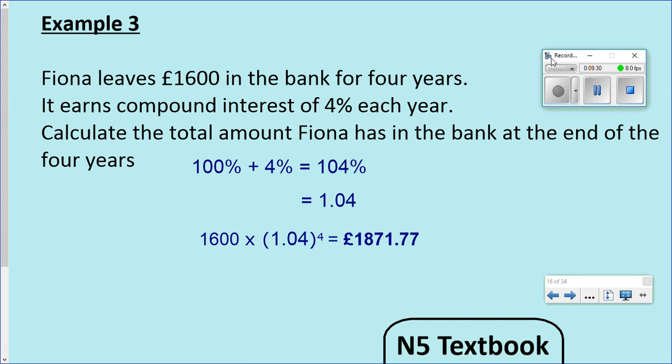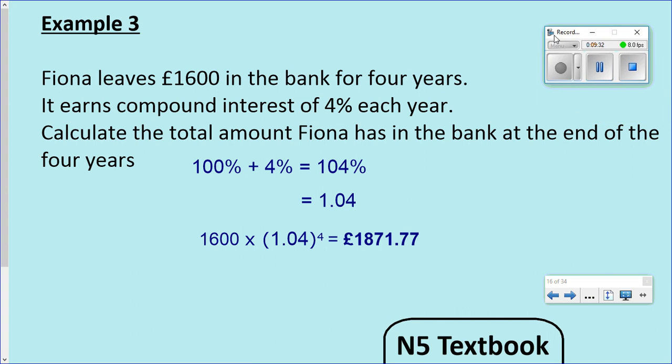And then example number 3. Fiona leaves £1,600 in the bank for 4 years. It earns compound interest of 4% each year. Calculate the total amount Fiona has in the bank at the end of the 4 years. So again, first thing we're going to do, compound interest, we're adding on. So 100 plus 4 to give us 104%. And then change to a multiplier, 1.04. Then we'll have 1,600 times 1.04, and this time to the power